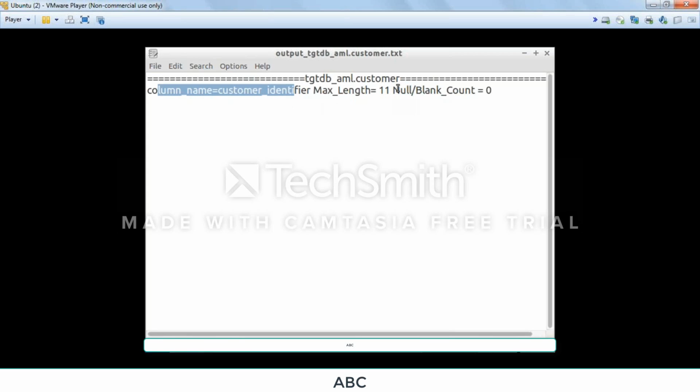If it is a mandatory field, and you are getting any blank or null count as 1 or 2 or 3, then it's a defect. Later you can analyze the customer ID or something like that. This is the one query you have to write and you will be able to execute it for all columns and values. Let's see for another column. Just wait a few minutes. Once it is executed, it will give you the output for this next column.